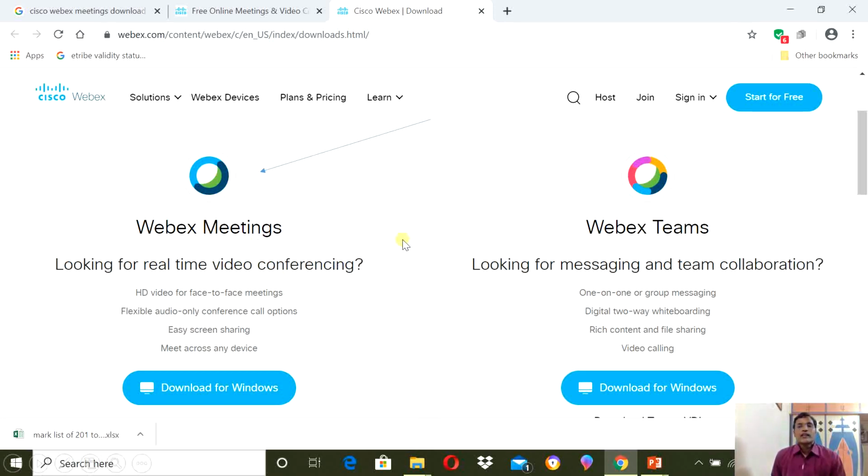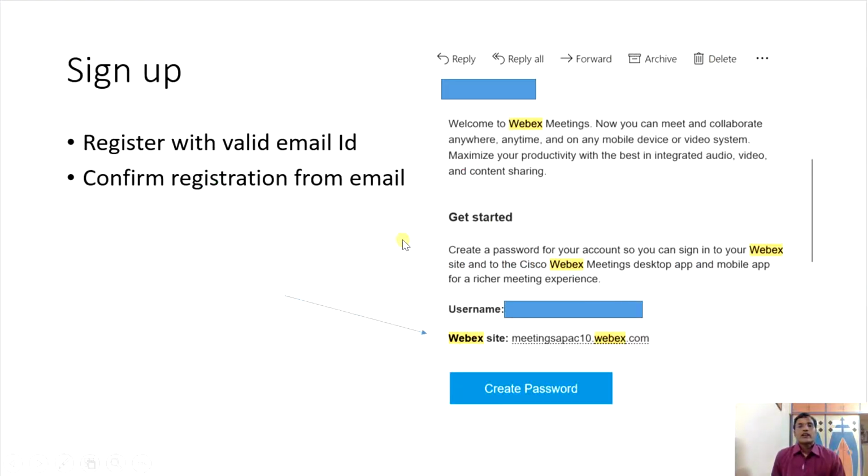So download from here. Once you download, there will be a sign up process. Generally, how do we sign up with any app or software? A similar process is here. Register your email ID, your name, your mobile number. Then they will send you a link to verify that email, and then your account will be created. In this process of verification of your email and your user, they ask you to put the website.